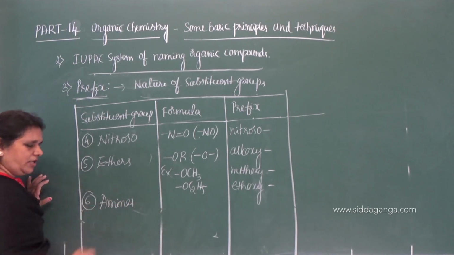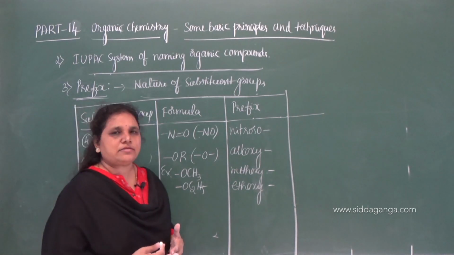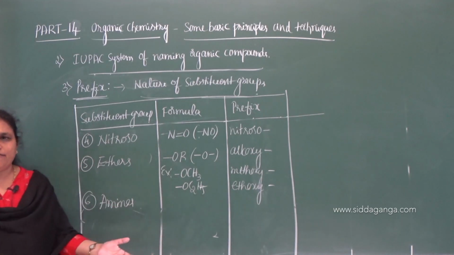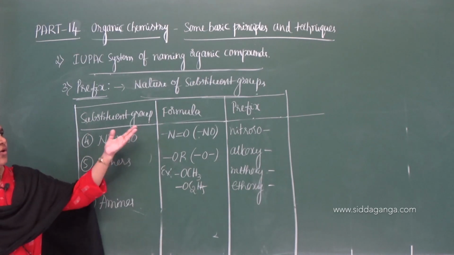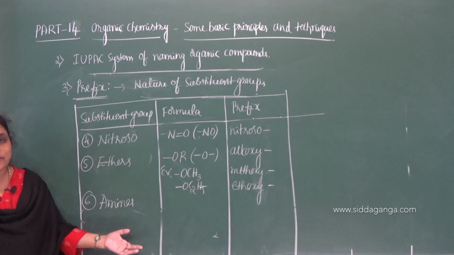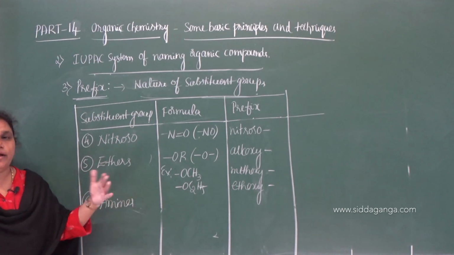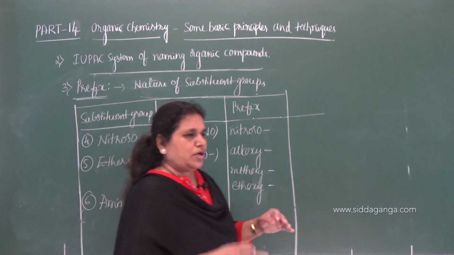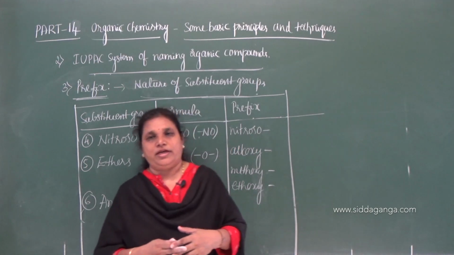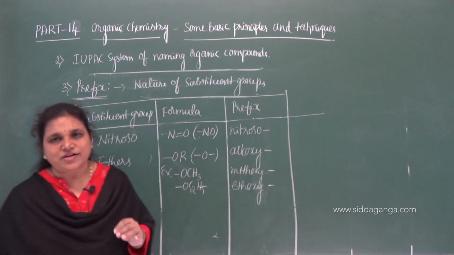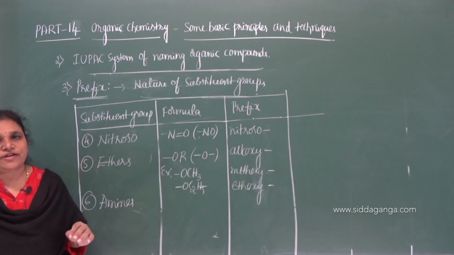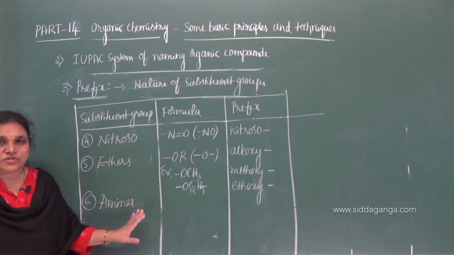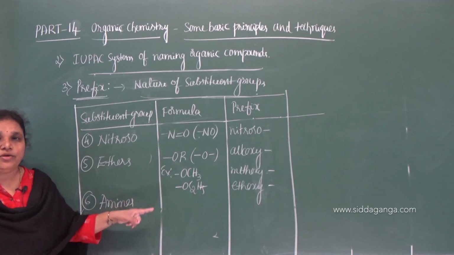Now sixth one, again amines. So listen here, the amine functional group, you can treat it as a primary functional group, and you can also treat it as a substituent group. When an organic compound contains only the NH2 group, then you have to treat it as a functional group. Then you have to use the suffix amine, and sometimes it acts as a substituent group, where you have to use a prefix.